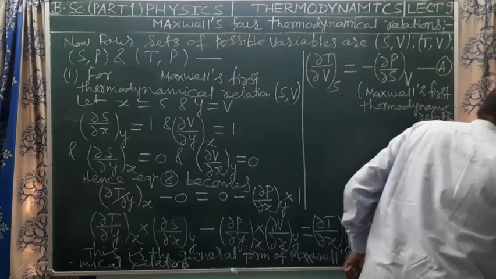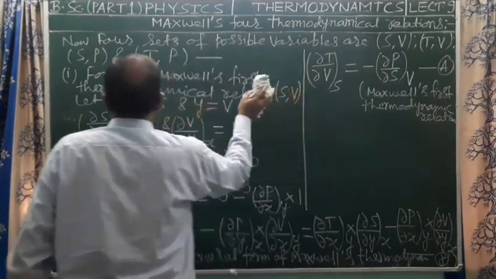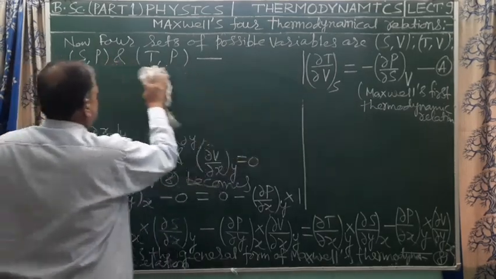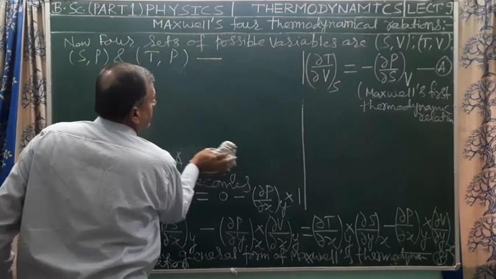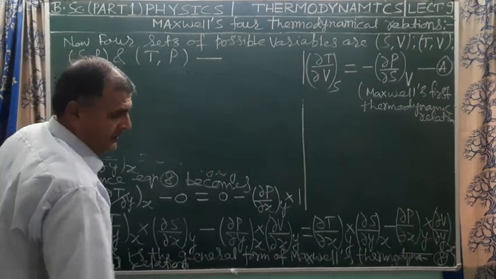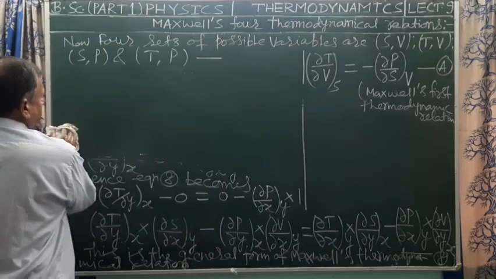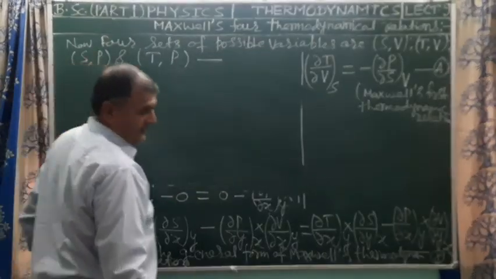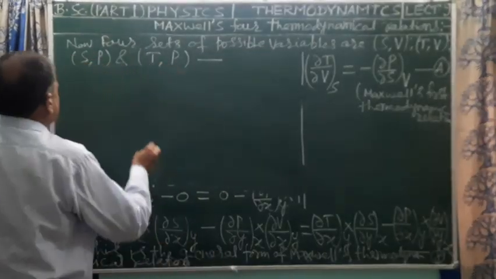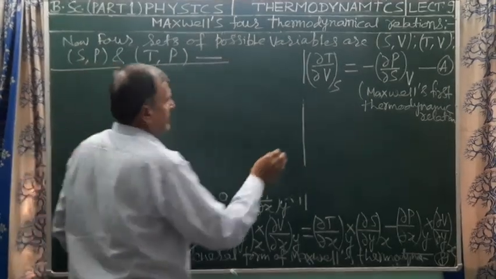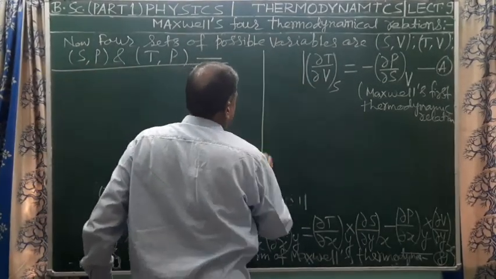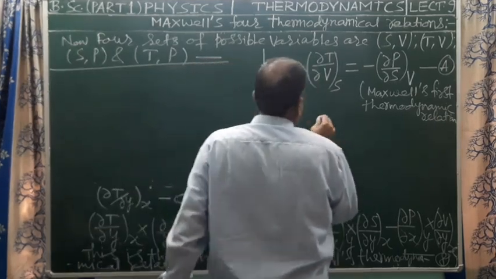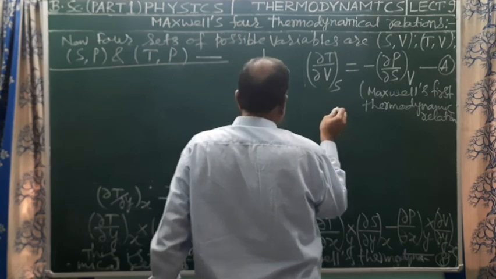Now using three other pairs of variables, that is TV, the second pair of two variables, temperature T and volume V. The third pair is SP, entropy and pressure, and the fourth pair is temperature and pressure, we can obtain three other Maxwell thermodynamical relations. Now for the second set, to obtain the second Maxwell thermodynamical relation,